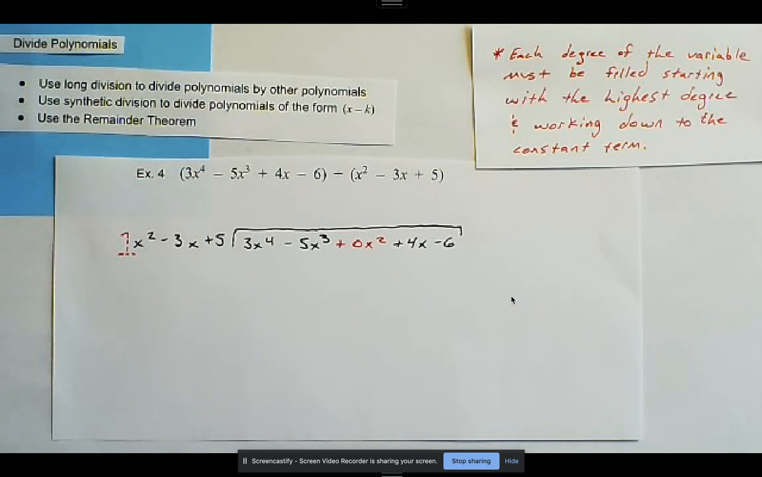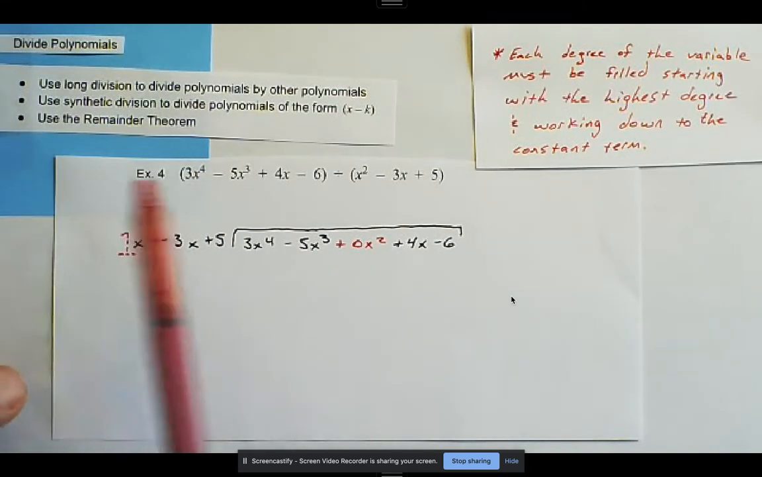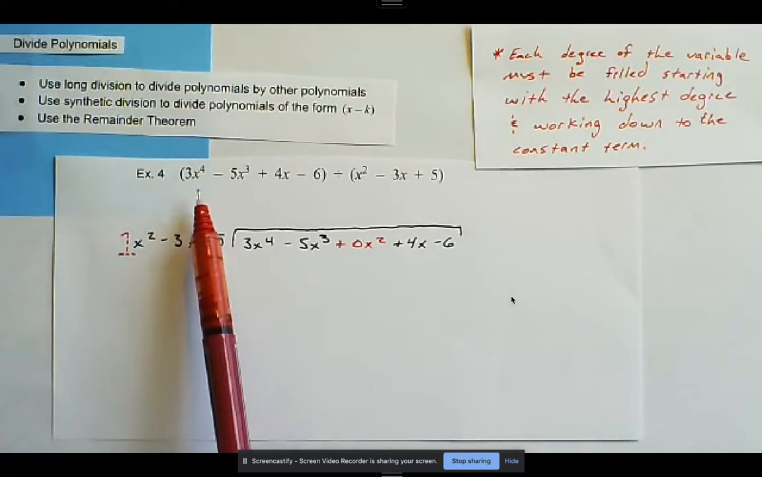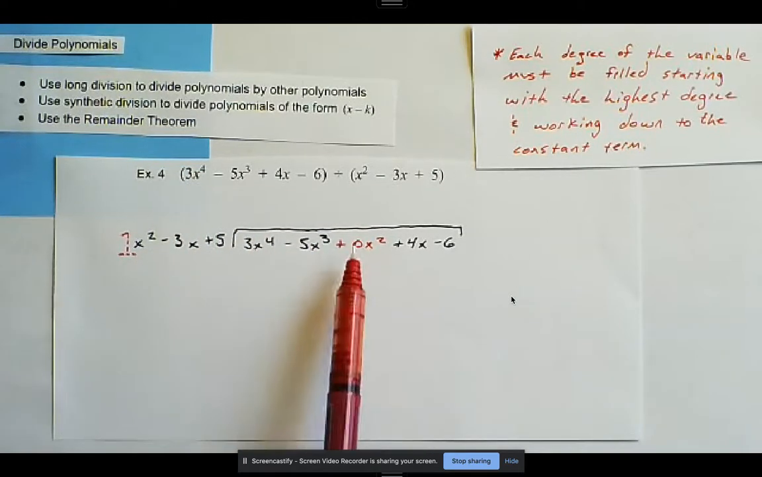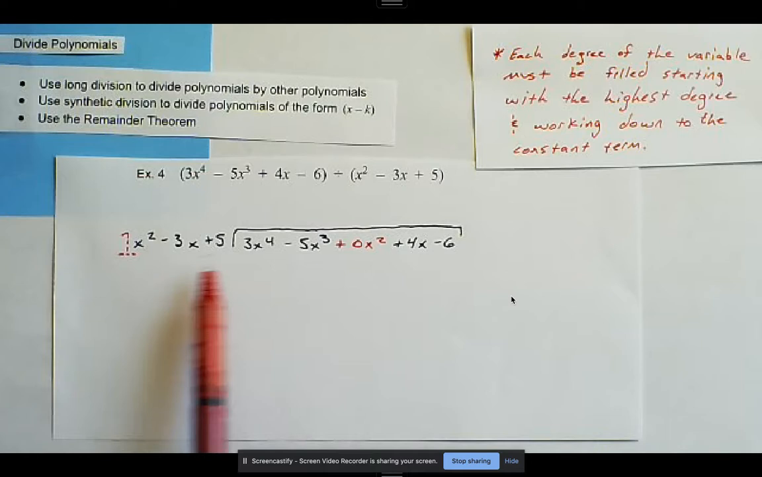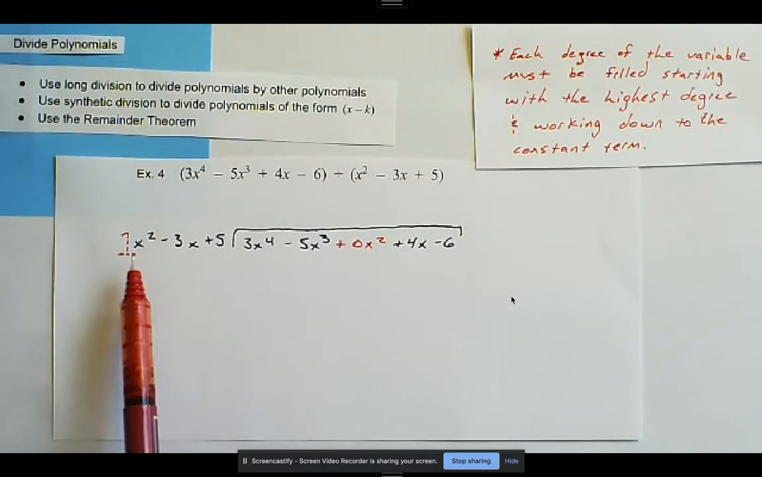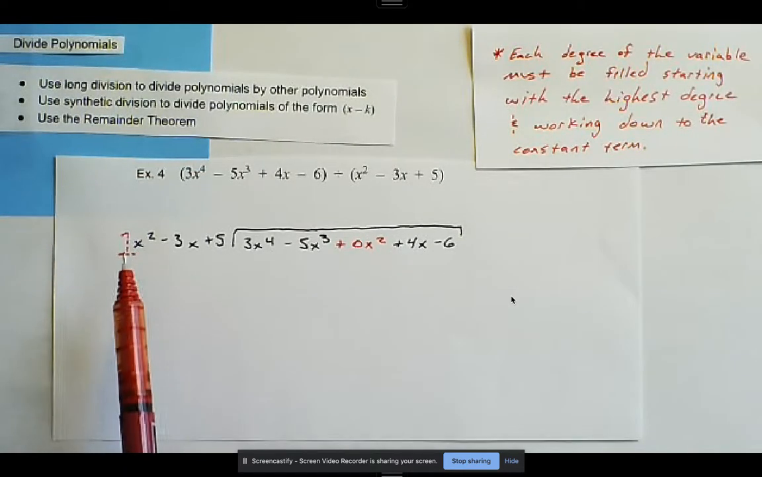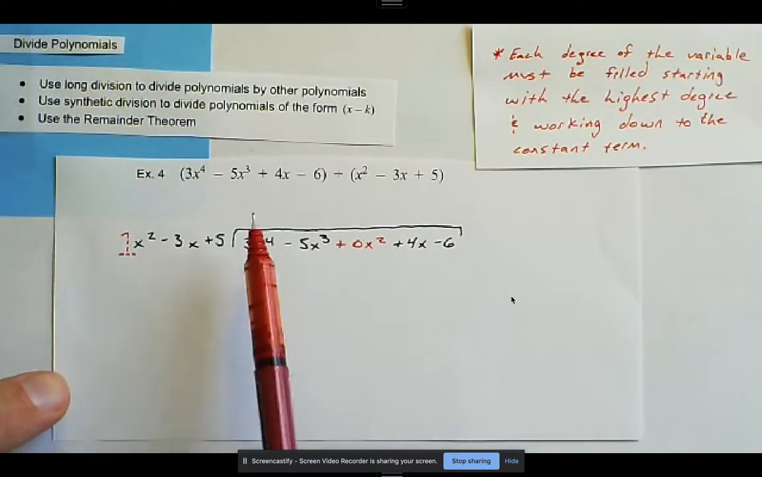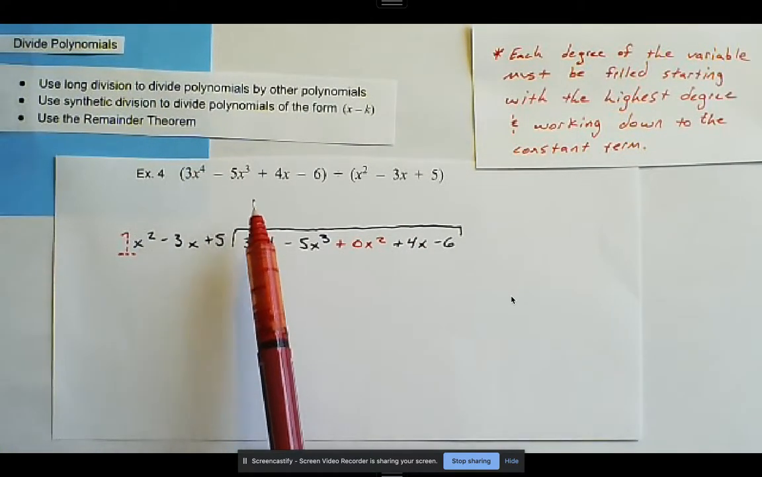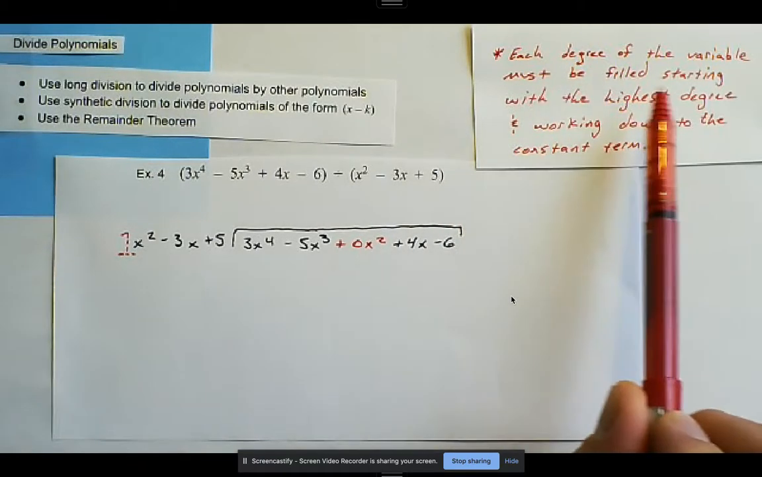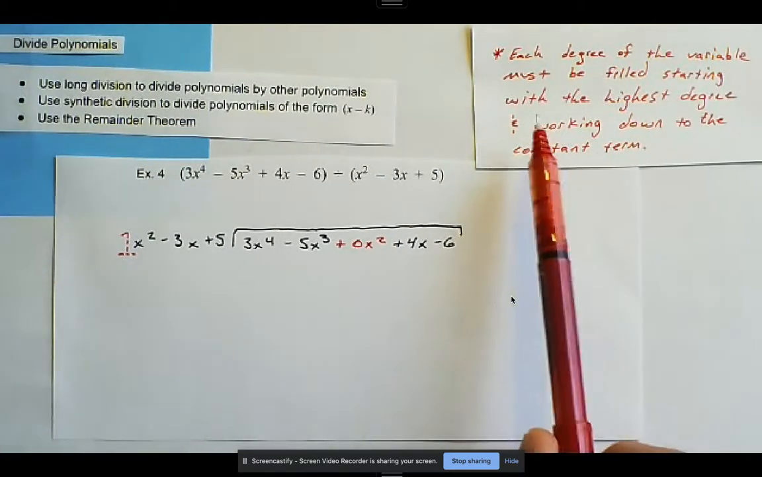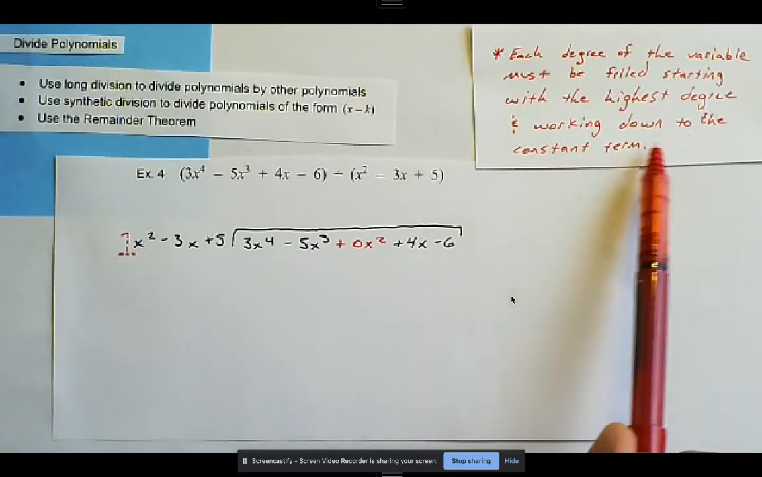We're doing operations with polynomials, and we're doing division. So we take our polynomial that we're dividing and we put it under the division bracket, and we put our quadratic polynomial out front. Again, we understand that anything that doesn't have a coefficient, that is 1. The other thing that's important to remember when we're doing synthetic division with polynomials or long division, is that a term for each degree of the variable must be filled, starting with the highest degree and working down to the constant